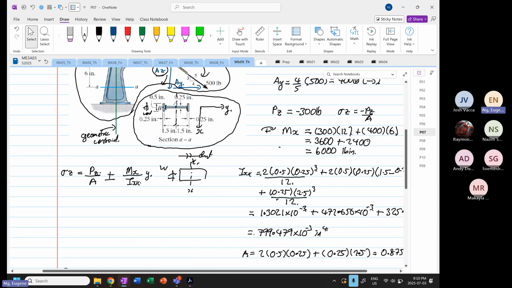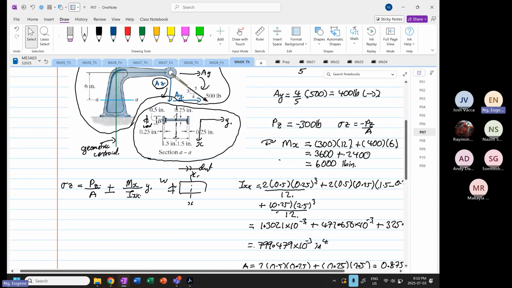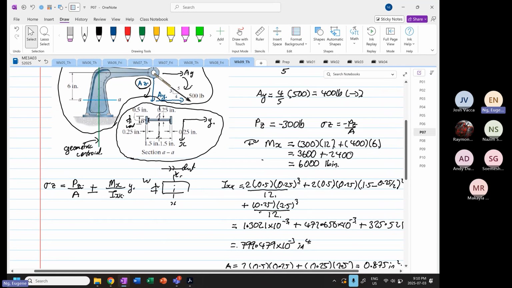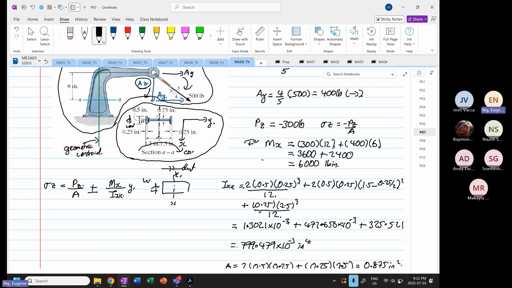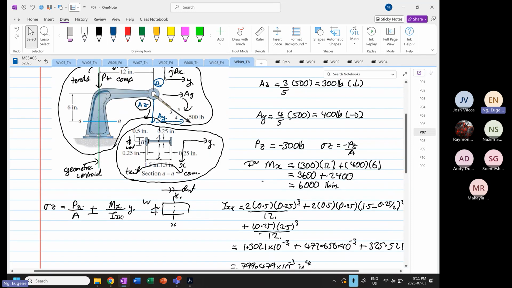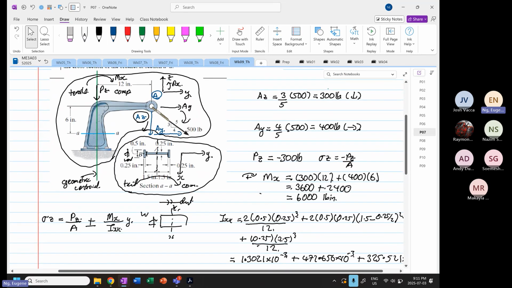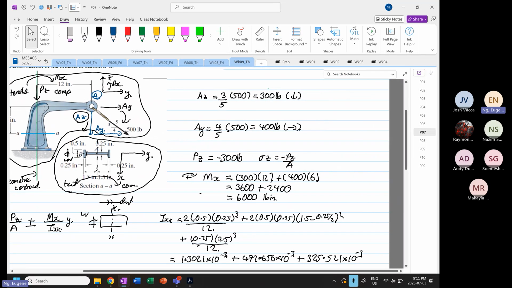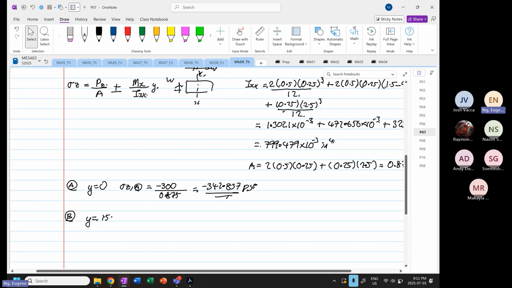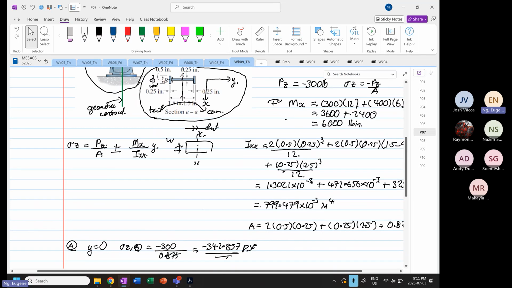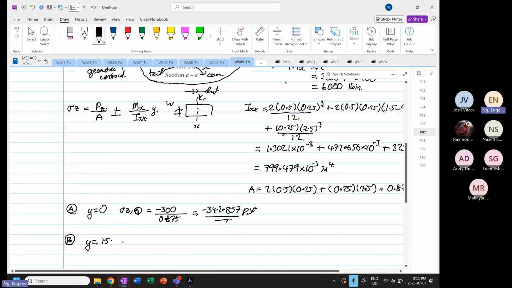And looking at how the structure is moving, we know that if this is a cross section, this will be in compression, this will be in tensile. So we have one that is minus, one that is in compression. Let me check. Yeah, so moment about x, tensile. So you have at point B, we will have minus